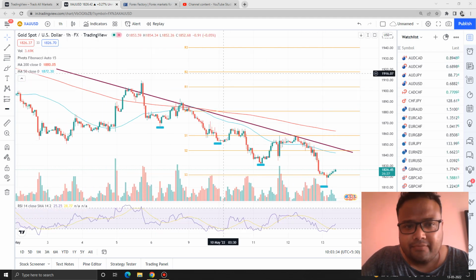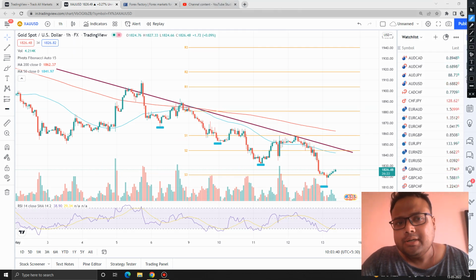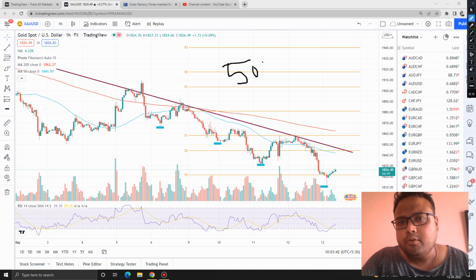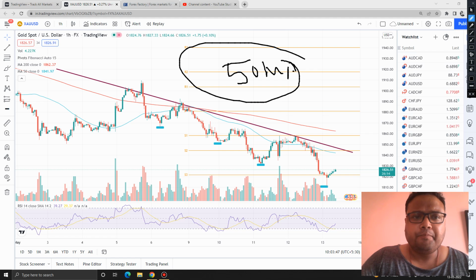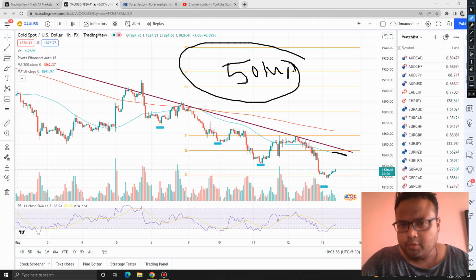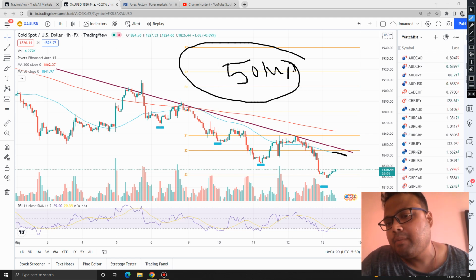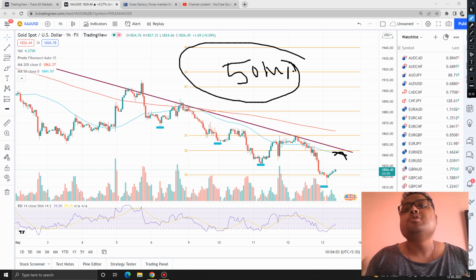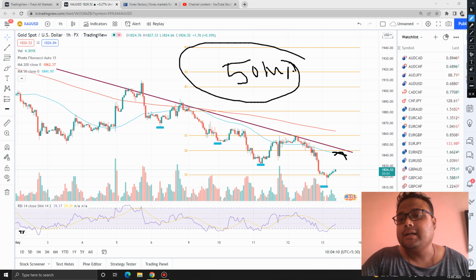The only thing that I have observed right now is that, more or less, listen to me carefully, the blue line, which is the 50 moving average, is acting as dynamic resistance of the market. So you can use the 50 moving average, and when the market hits the 50 moving average, observe the market. If the market is following this pattern, then there is a high chance of the market reversing, because it looks like a sell on rise market where the 50 moving average is playing as a dynamic resistance. So in that case, we can take a sell position.